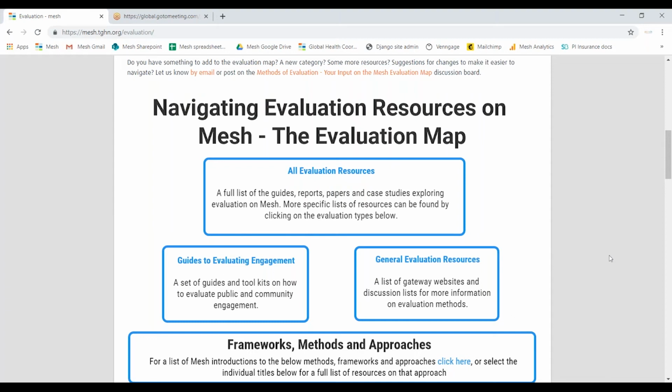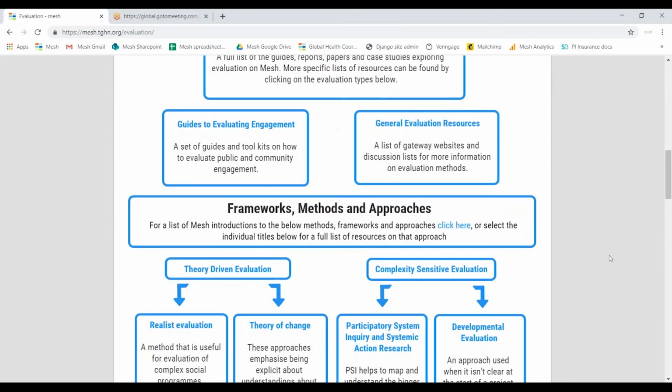So this is really a way of, again, finding your way to the thing that you're looking for. At the top, you could click all evaluation resources to see everything listed, but actually it's often easier to get to where you want a little bit quicker than that.